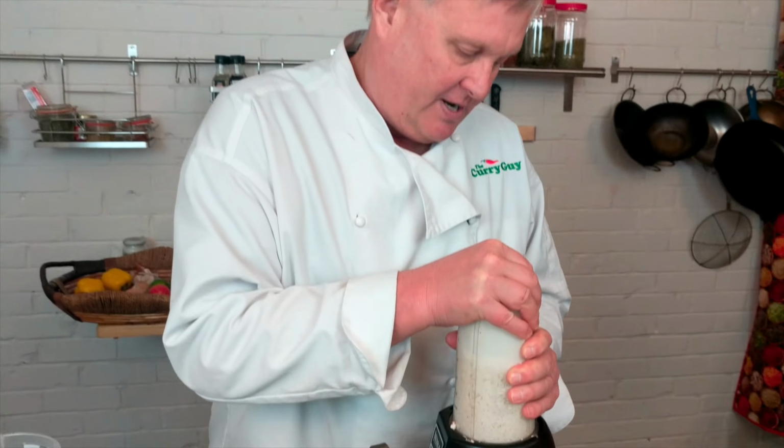Now, these batches, it depends on your blender. If you have a really, like my old blender, you might have to blend this for about 4 minutes until it's finished. With this machine, it takes me about 2 minutes, 2.5 minutes, and I've used some of the commercial ones, the nice big commercial blenders, and you can get it done very, very quickly. But this is going to take me about 2 minutes per batch. And we'll just go right here and...